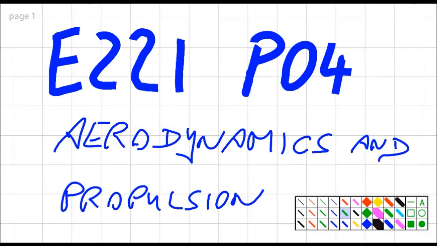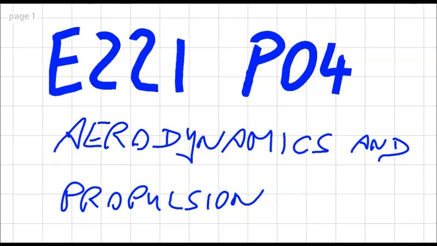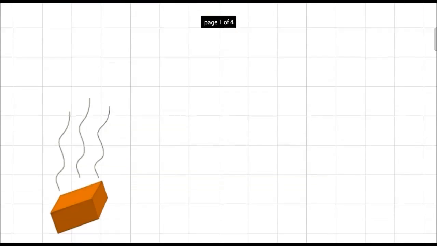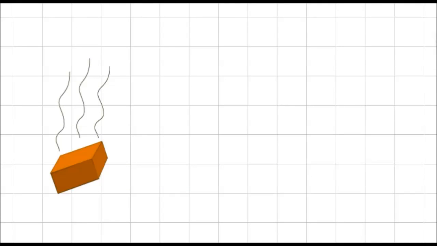Let's think about this. What happens if I double my speed? Now this is pretty straightforward, but you want to bear with me even though it's a bit mathematical. In fact, if you just stay with me for a short while, you will see how simple the mathematics is. Now let's think we have any object moving through air, and any object moving through air experiences